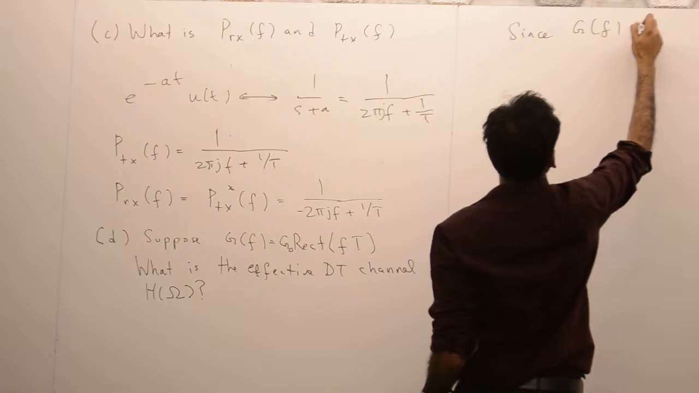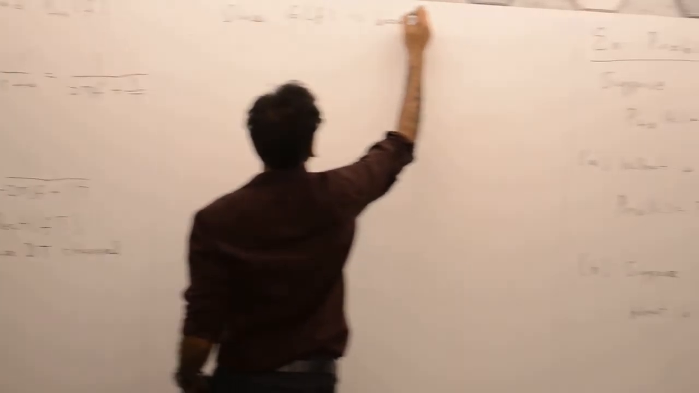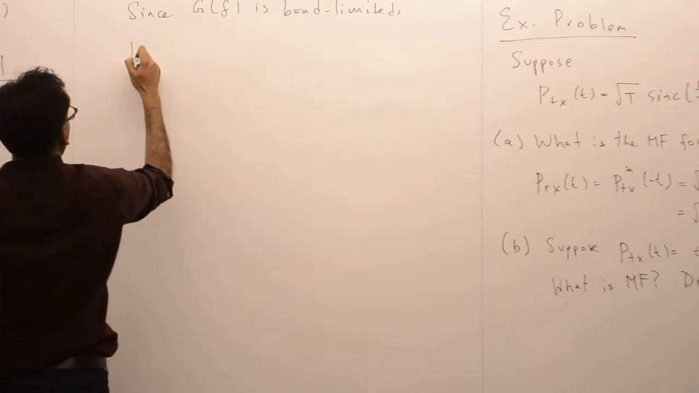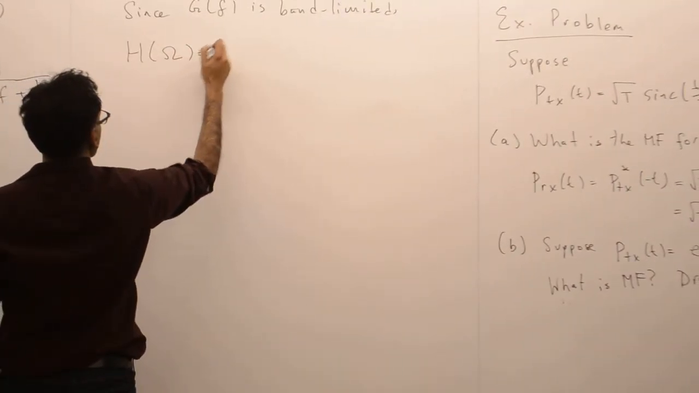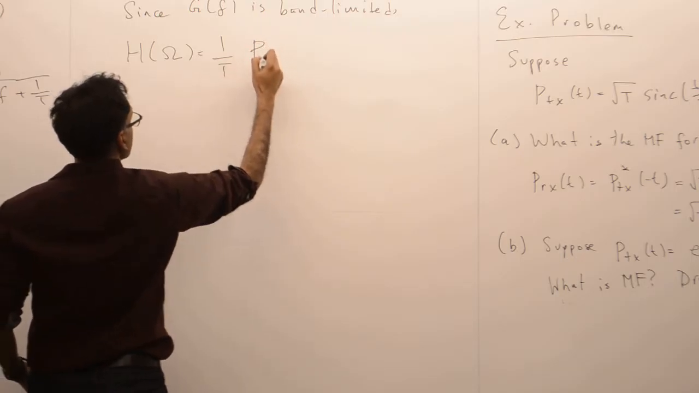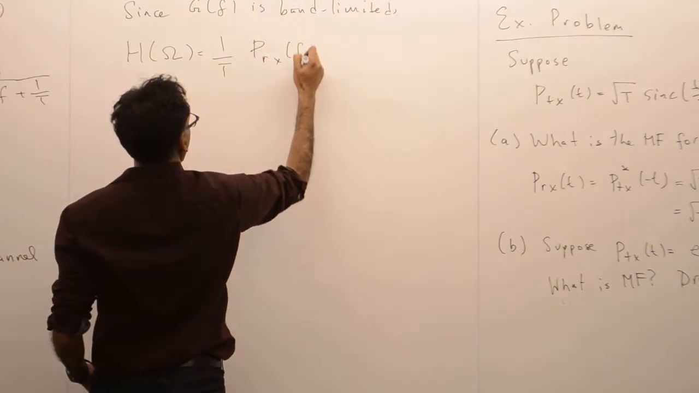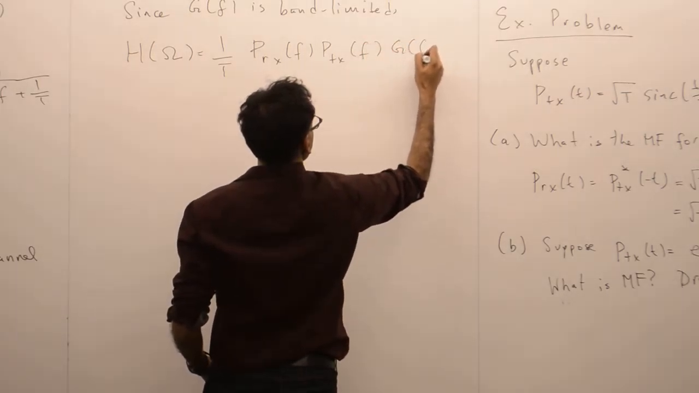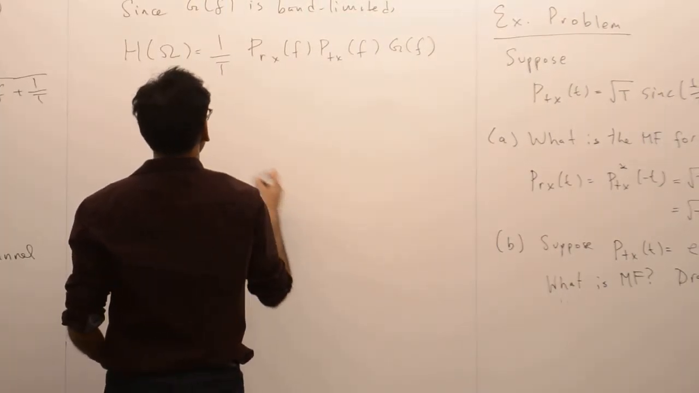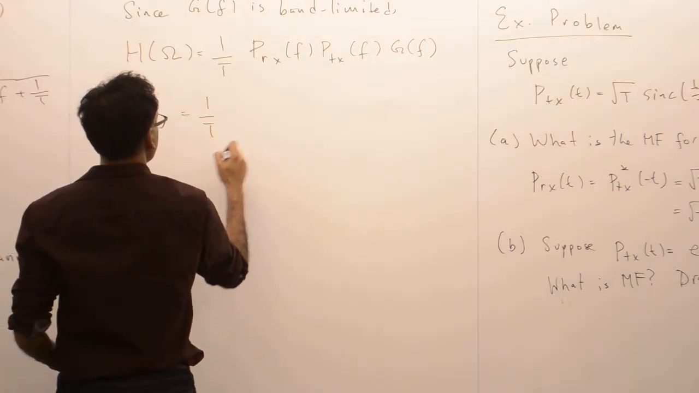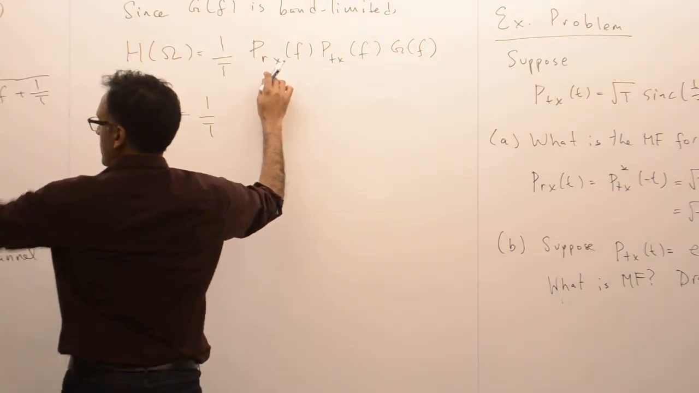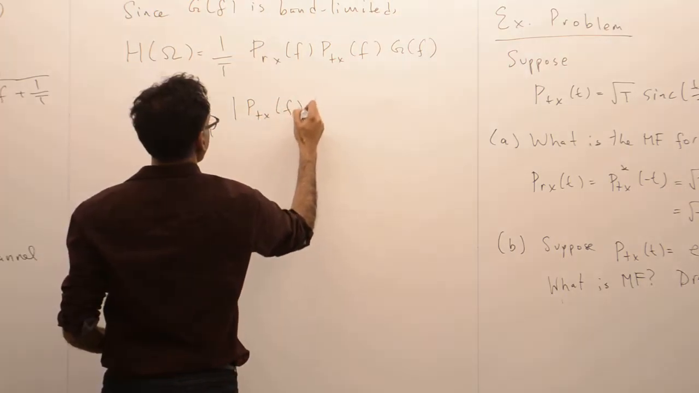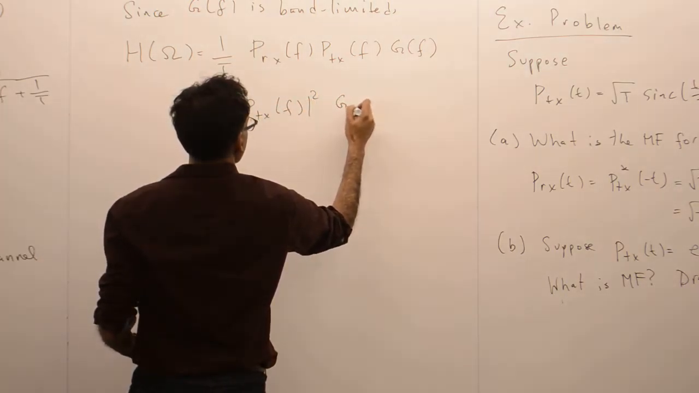This G of F is band limited. I can use the formula H of omega is 1 over T times P Rx of F, P Tx of F times G of F, all right? But this guy here, we 1 over T times, this is, because this is this guy star, that's P Tx of F star times, or just,